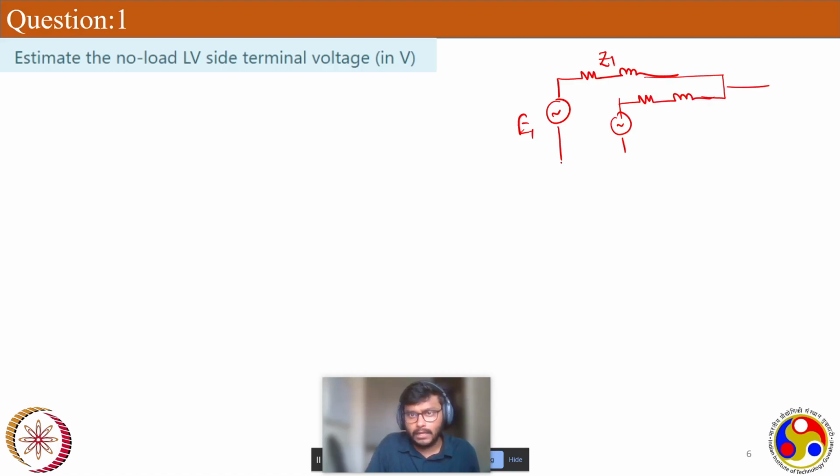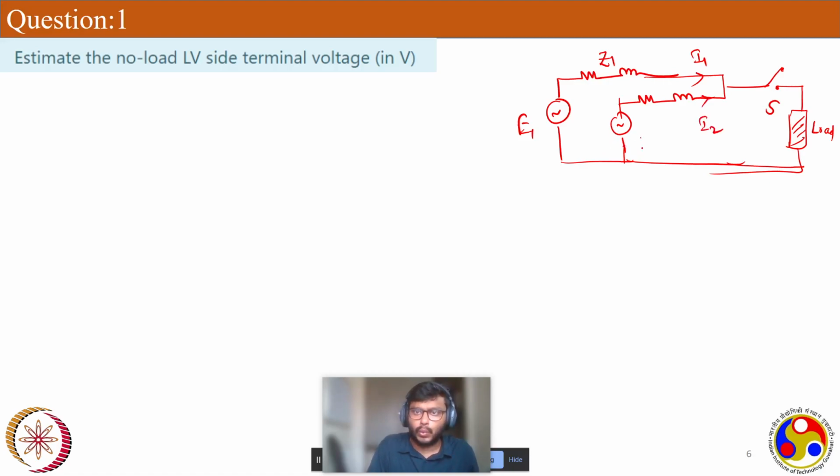These two are in parallel, and I have connected a switch here for my load. This is my load and this is the switch, and I have not closed the switch because it's a no load condition. And this is I1,